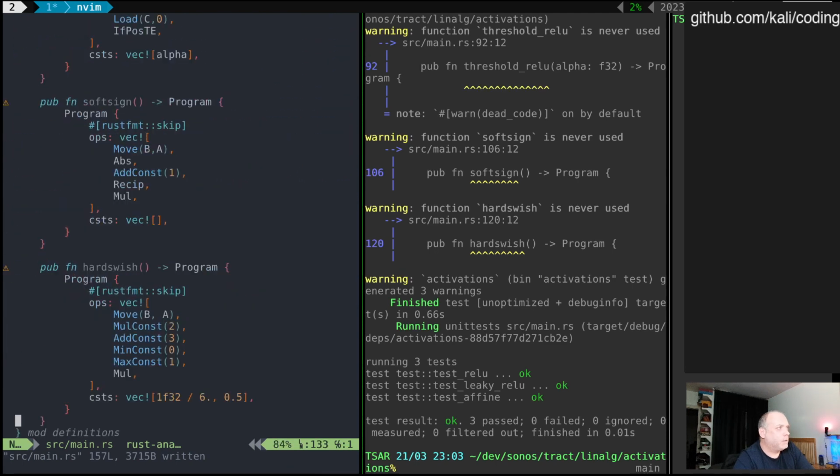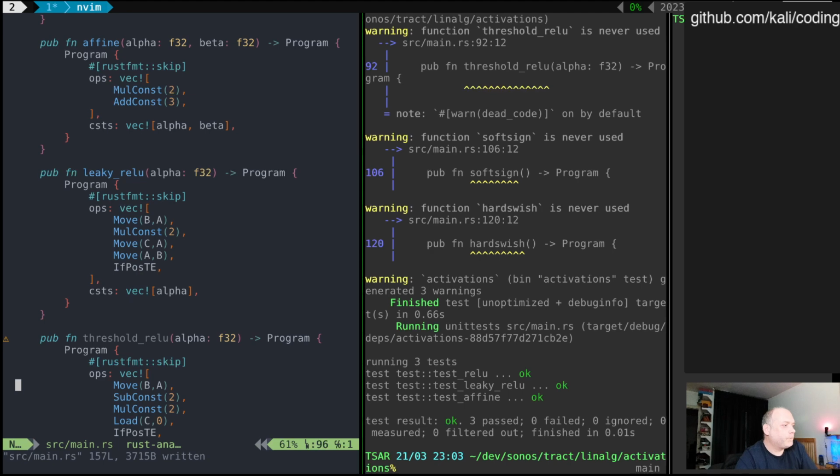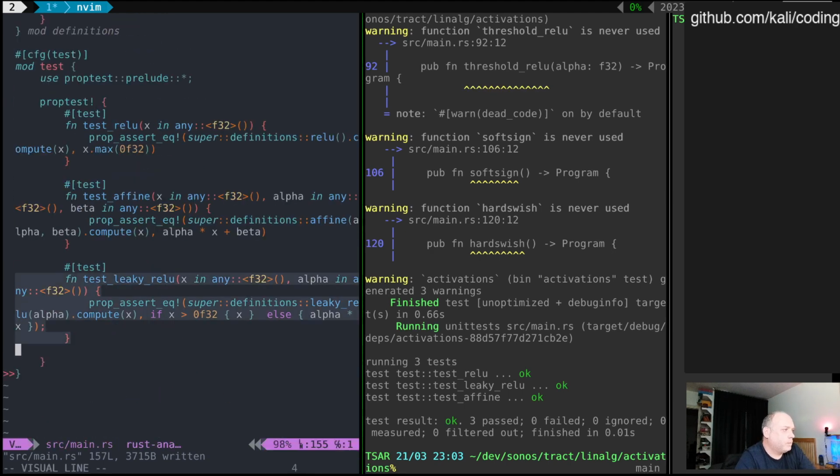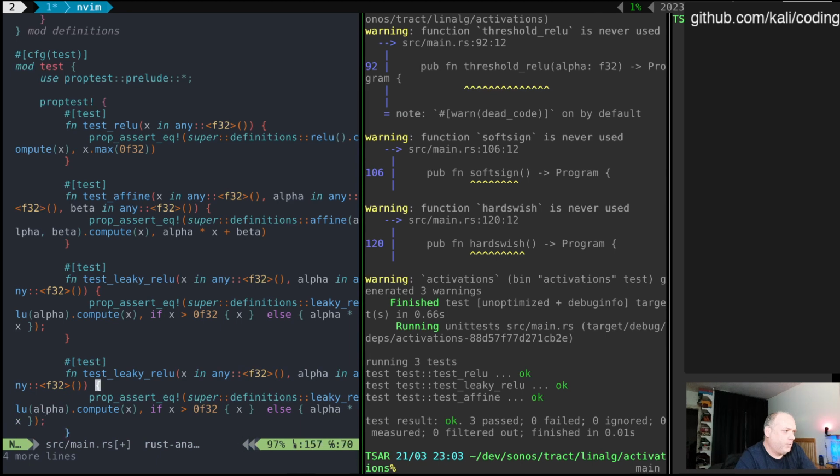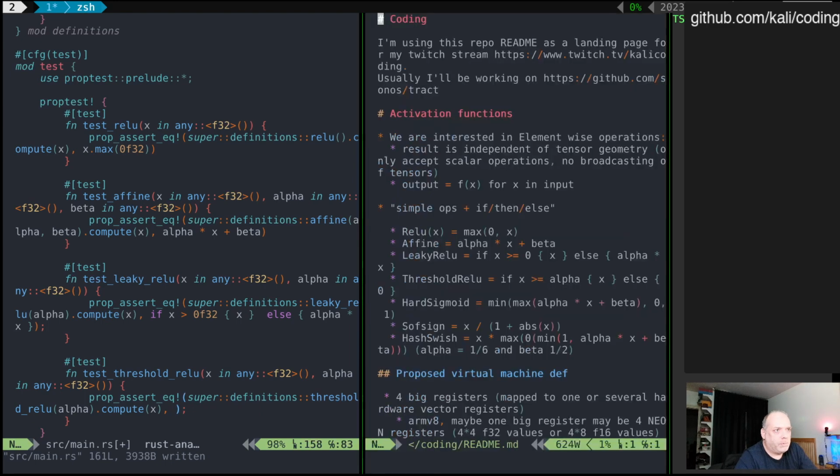Next up is soft sign. No, threshold. Threshold is the same. It has one parameter. Test threshold value. It takes an X and an alpha, and I'm taking threshold value of alpha, computing over X. The reference implementation, back to the README: if X bigger than alpha, then